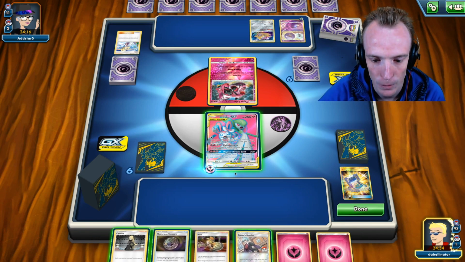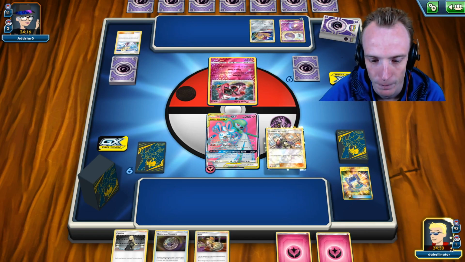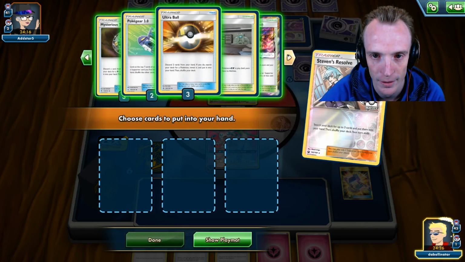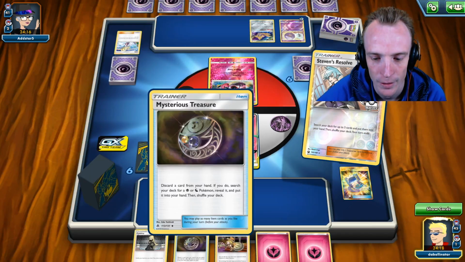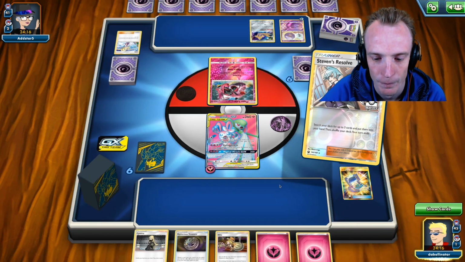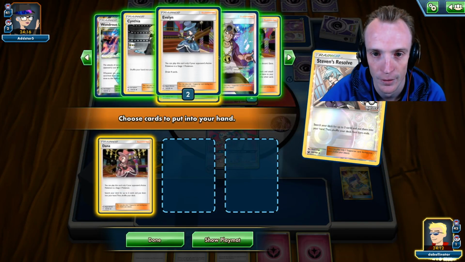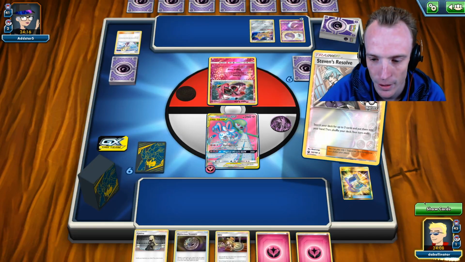I think what we're going to do is Steven's Resolve right now, and go and get the ladies. So everyone bar Nita needs to come out. Although I'm feeling that this can be a Tapu Lele. So we get 2 of the ladies. Oops, not 2 Danas. Dana, Evelyn, and